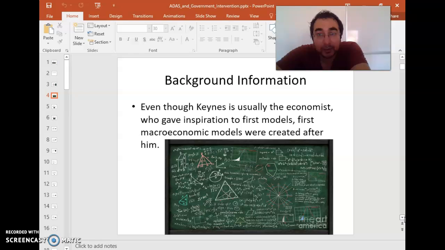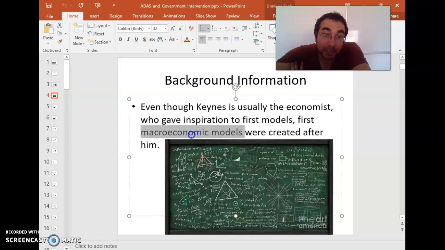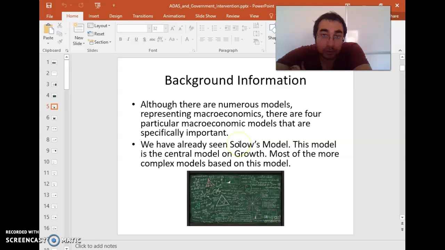And well, usually the first macroeconomic mathematical models, actually all of the major ones, of course, were created after Keynes. Although Keynes might have given the inspiration to those models. And two of them you have already seen. There are four very famous models of macroeconomics. One of them is Phillips. The other one is Solow's growth model, which basically tells